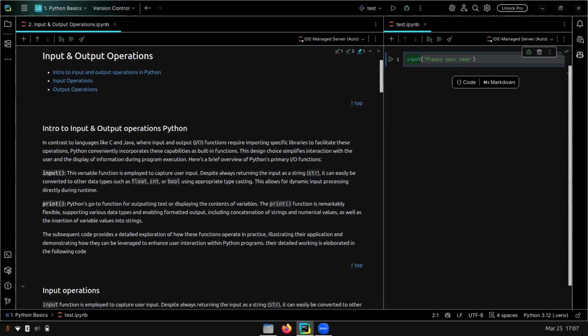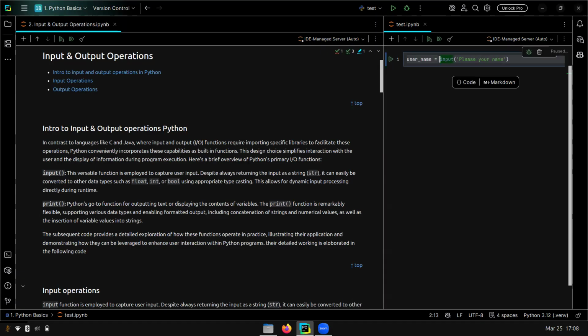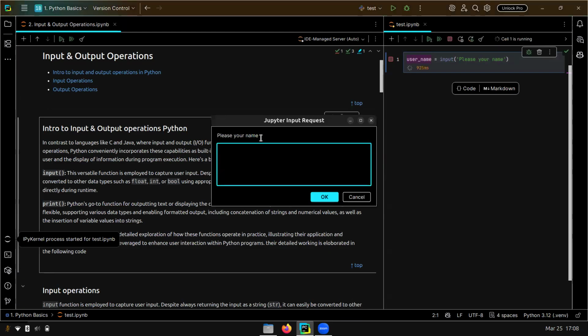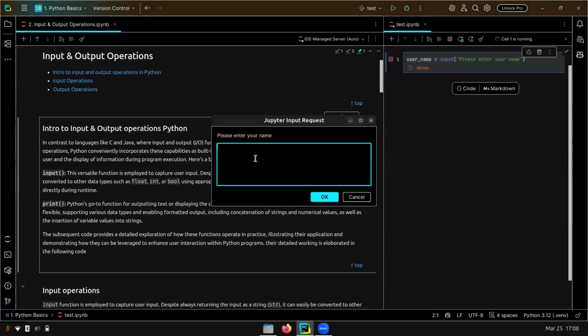And since I want to store this data, let's say in username, I am capturing the value returned by the input into a variable. Take a close look at what happens when I try to execute this line. See, this is asking me, please enter your name. The message being displayed is nothing but the argument, the string we pass to the input function. Now here I am writing